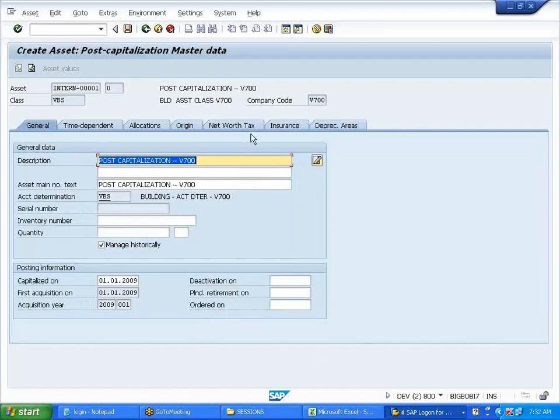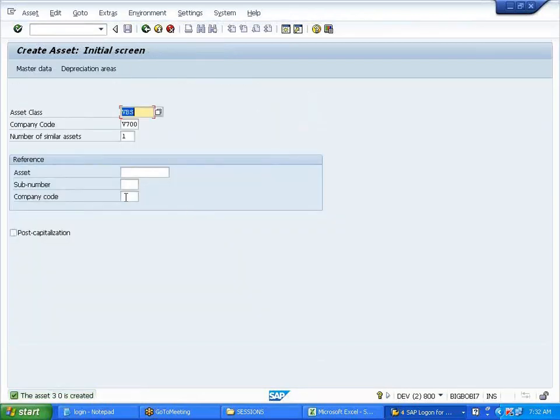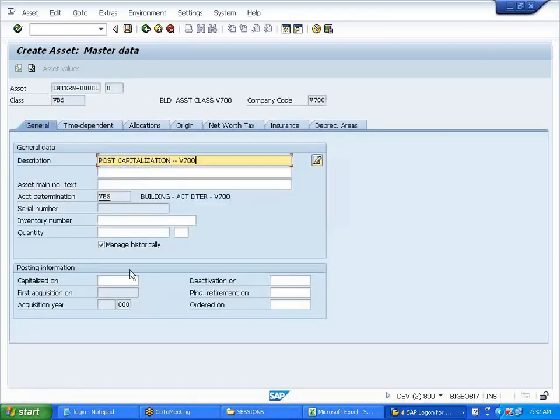Yeah. Okay, now I'll save it. What if I do not select this, will it take the same post capitalization, say 2009? Kadir, I have a question. You purchased this asset in 2009, right? It should calculate from 2009 itself, right? No, that is closed. Those years are closed. It's just for information's sake during the audit time.